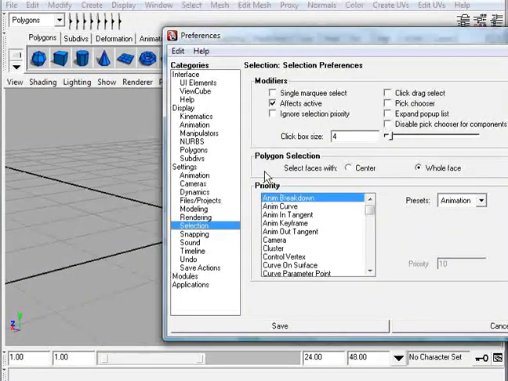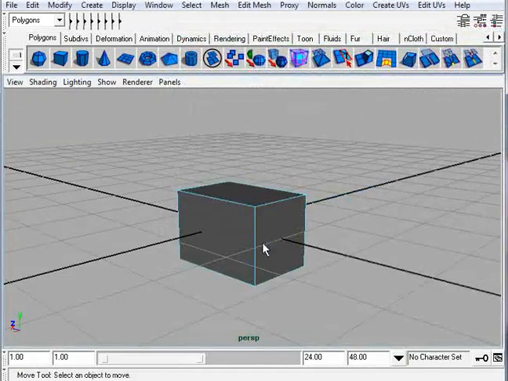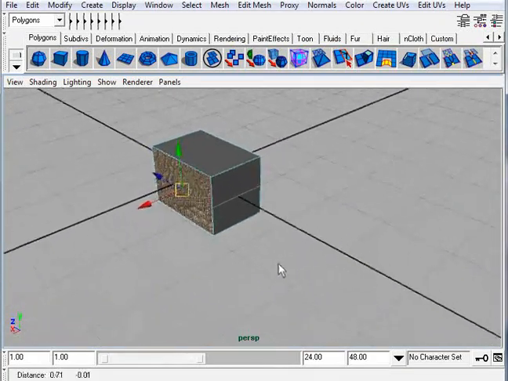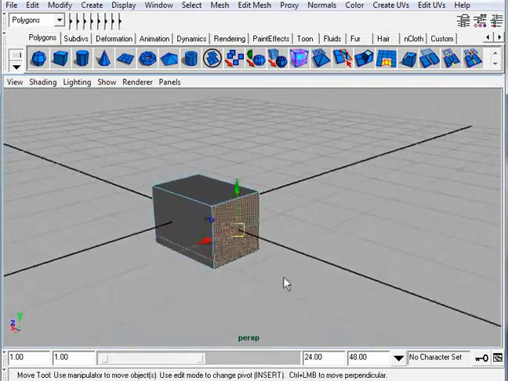Here it is, under selection, polygon selection. Select faces with the center or the whole face. You probably have it set to center by default, and I just think whole face is better. So save that. That way we can pick anywhere on that particular face. Alright, so